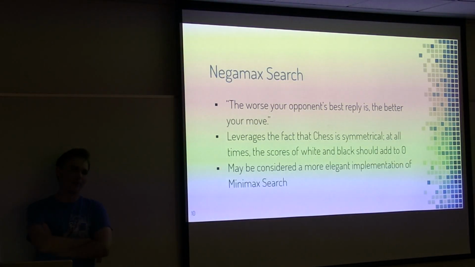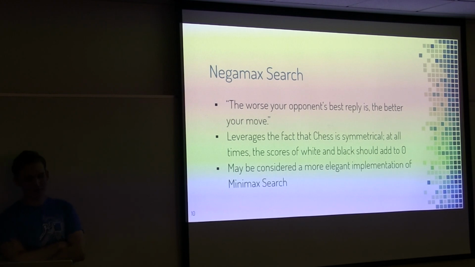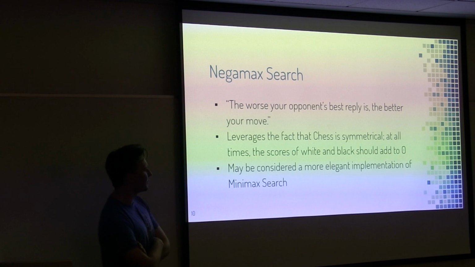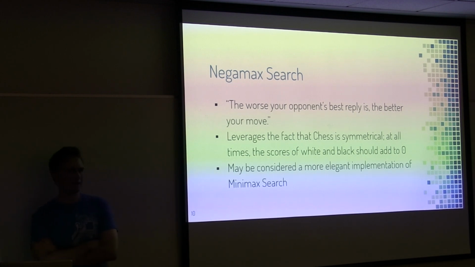So first of all, the crux of many chess engines is Minimax search, which operates by the principle on the screen, which is the worse your opponent's best reply, the better your move must be. So the idea is just to constrain your opponent as best as possible, and it relies on the fact that every chess position is symmetrical. So it's kind of a more efficient Minimax search. If anyone's familiar with that algorithm, we're actually going to be dealing with that a little later. But yeah, it's a more efficient way to utilize that because every position is mirrored, so you try and leverage that fact. That's the core of it.